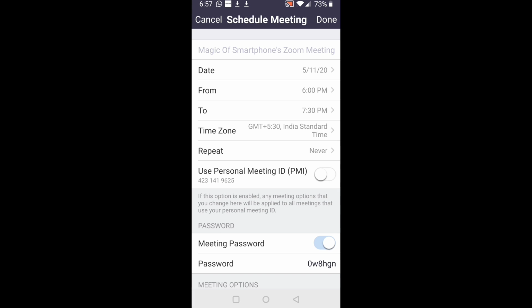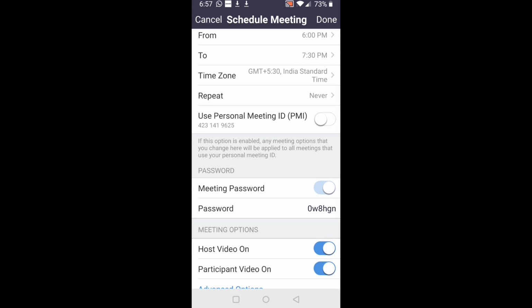Okay, do you want to use your personal ID? Your personal ID is the same for everything. That is a personal ID, not the meeting ID. Then the meeting password. Do you want people to come in with your password only, or just log in? That will also work. If I want a dance class, I want other persons to come in without a password. It is okay with me. I'll be happy to have more people. So I put my password off. Okay, meeting password on or off.